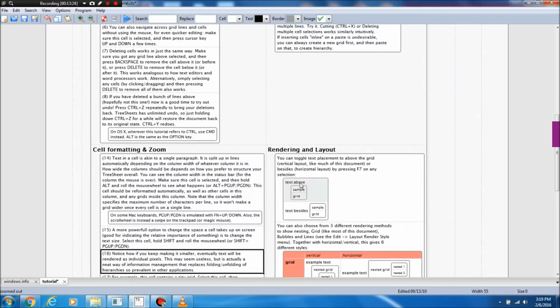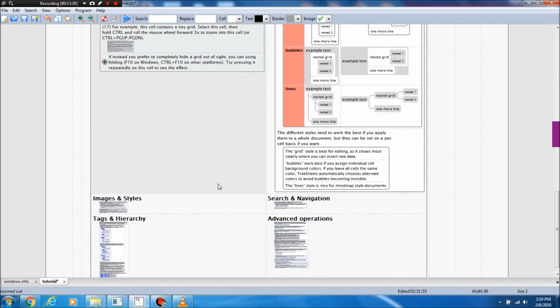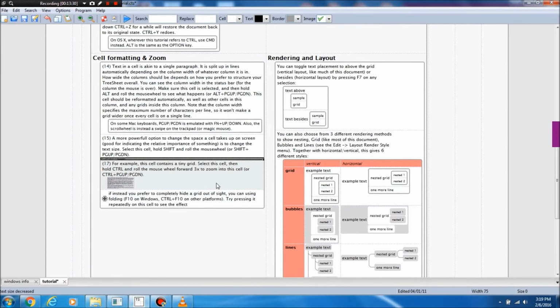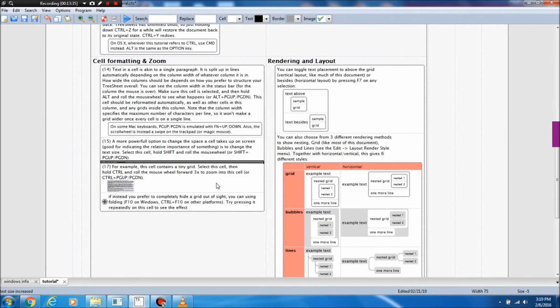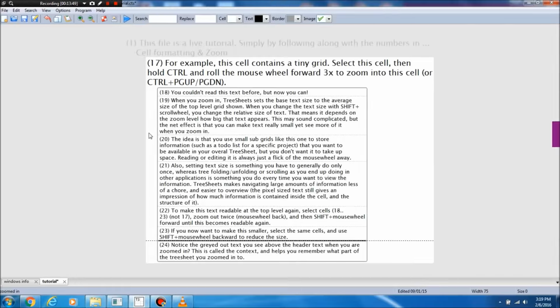There's a way to actually shrink cells. So this subgrid is really small. So when I hold control and use the mouse wheel or page up and page down,